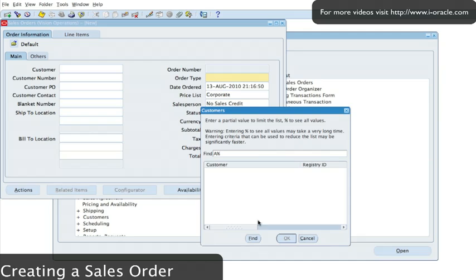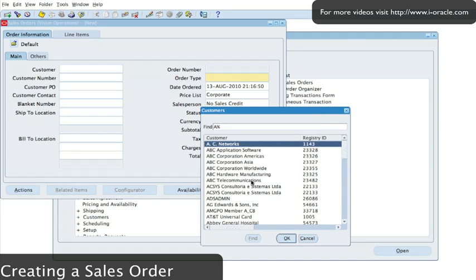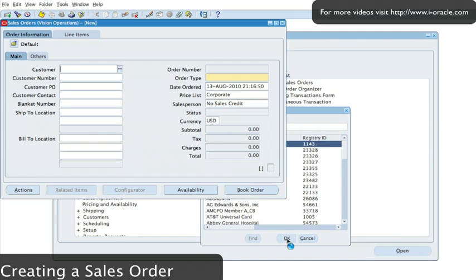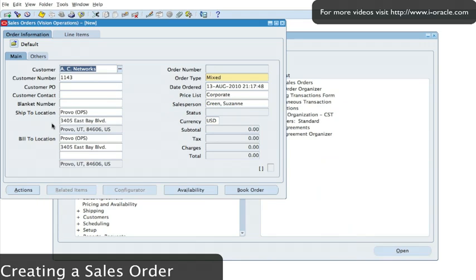So a percentage, click on Find, and that should return back to me all the customers that start with A. And I have AC Networks. Click on OK. And that should default some of the information about the customer, including the ship to address and the bill to address. The order type is mixed, and once I enter my line information and save,